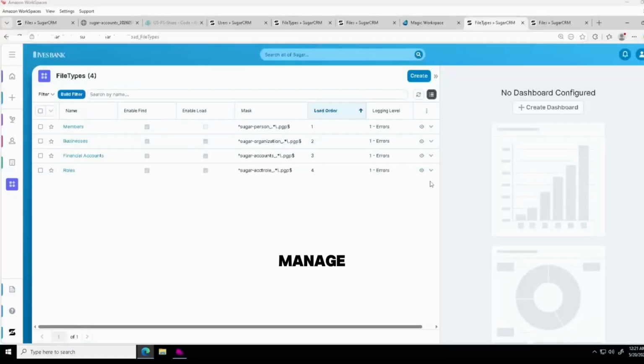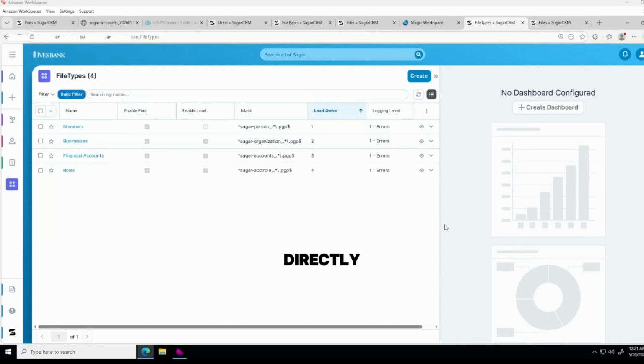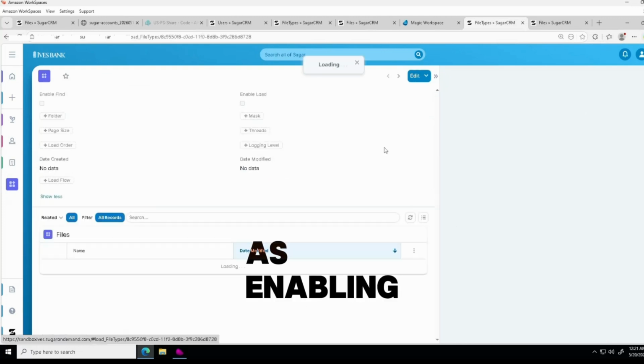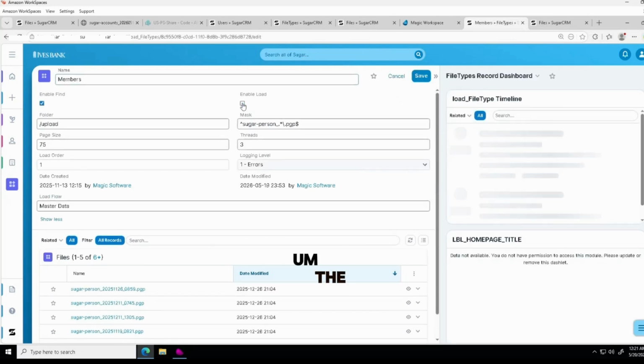Magic XPI lets you manage the ingestion of file, database, or API data into Sugar. Administrators control the integrations directly in a Sugar module to configure such settings as enabling or disabling each transaction type, the naming and format of the files and where to find them, performance tuning as far as how large of requests to send and how many parallel threads, the load order for the different file types, and the logging